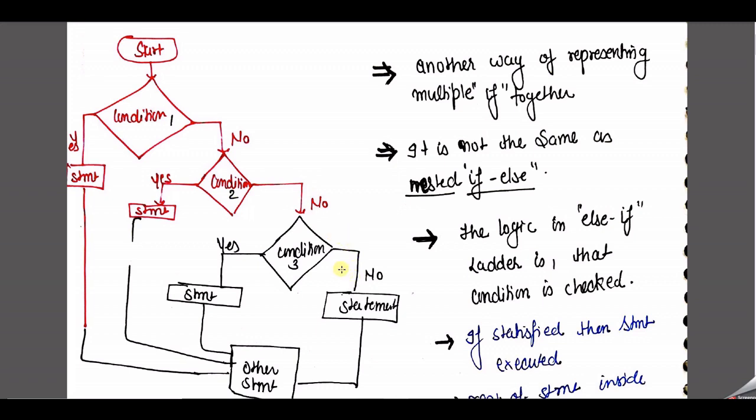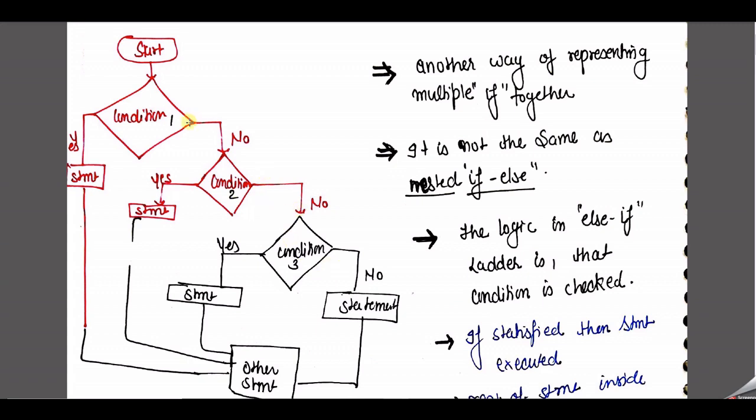So what exactly occurs in else if? First we need to check our given condition, but if the condition is not true, we go through the else part, and in the else part we need to check a new condition. Again, we may need to check another condition in the else part of that. So the ladder is being created with the help of the else part, and by this combination of else we get the ladder format.